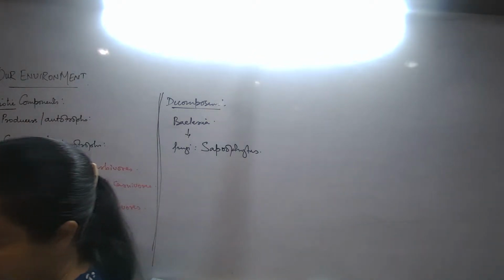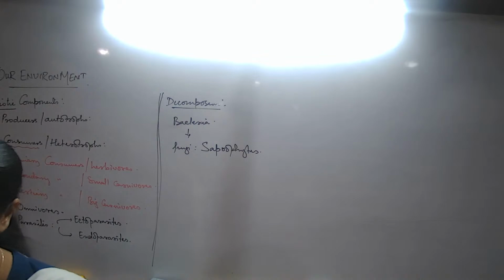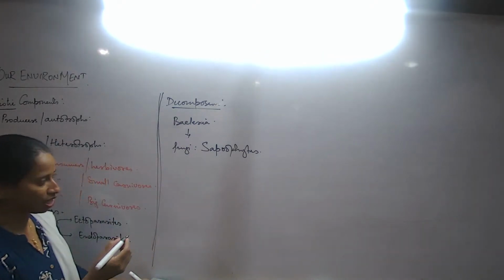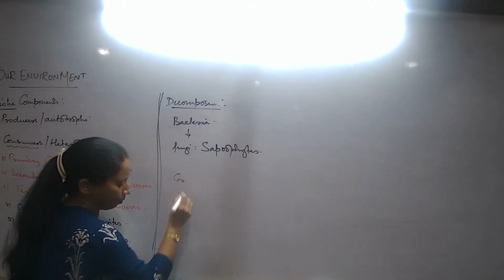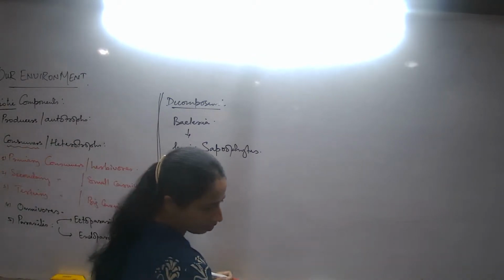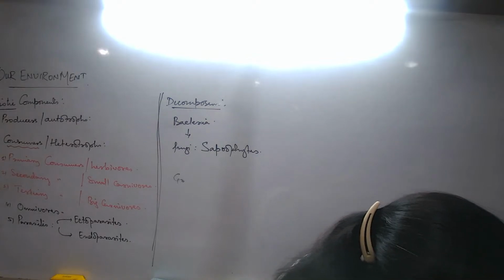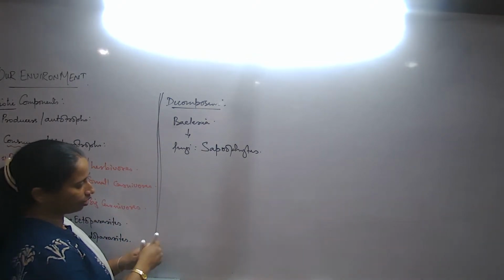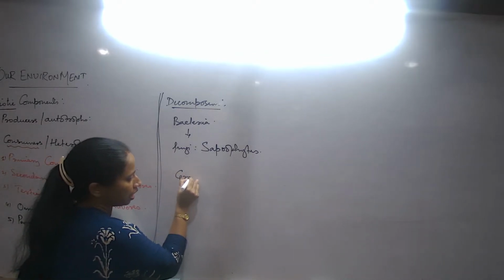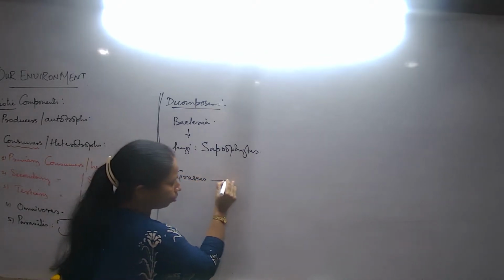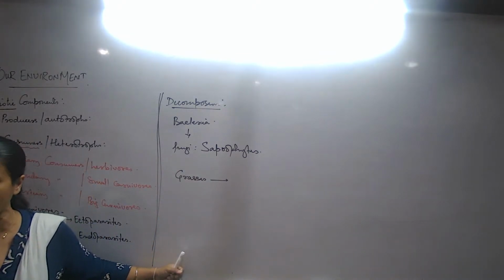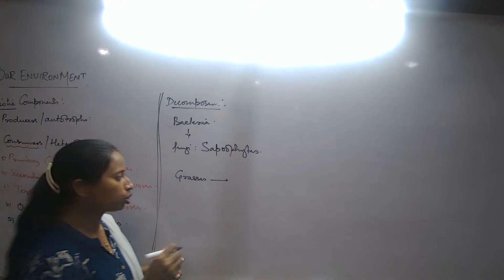Food chain, what do you understand by food chain? In the definition of food chain, you should remember the feeding habit, the feeding habit of any type of organism. Suppose I talk about some examples of the food chain. A typical example of a food chain, let us write. After that, you will try writing another two. I talk about a type of food chain where the grasses are producers. Every food chain should start with a producer, an autotroph.